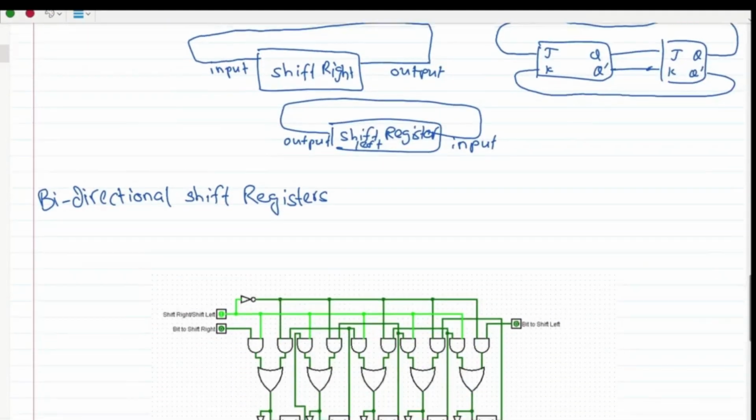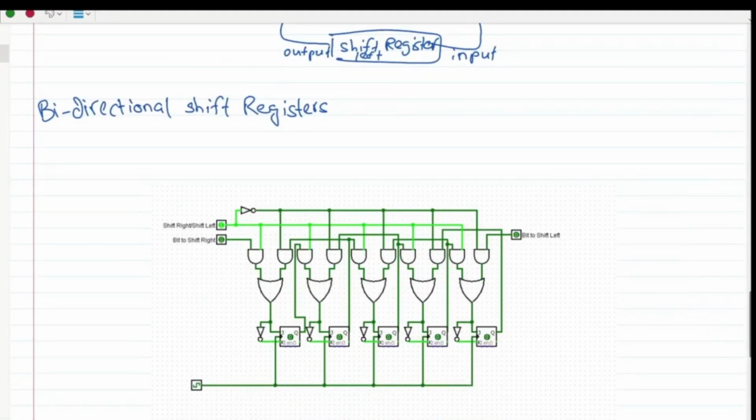The last type of shift register I'm going to be looking at is the bidirectional shift register. Now, the bidirectional shift register can act as a left shift register and a right shift register. And what that means is that it can function either way depending on the inputs we put in. The input that determines whether it works as a shift right register or a shift left register is this value right here. So, as an example, let's say that if this value is 1, then that means all these AND gates